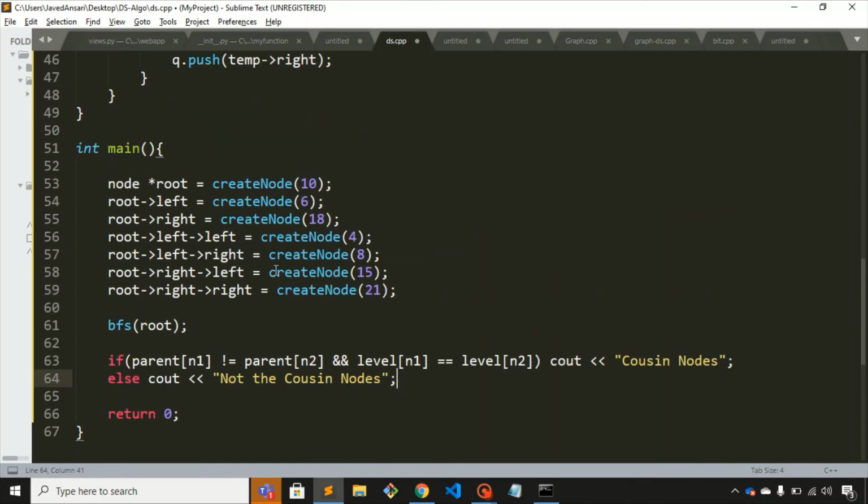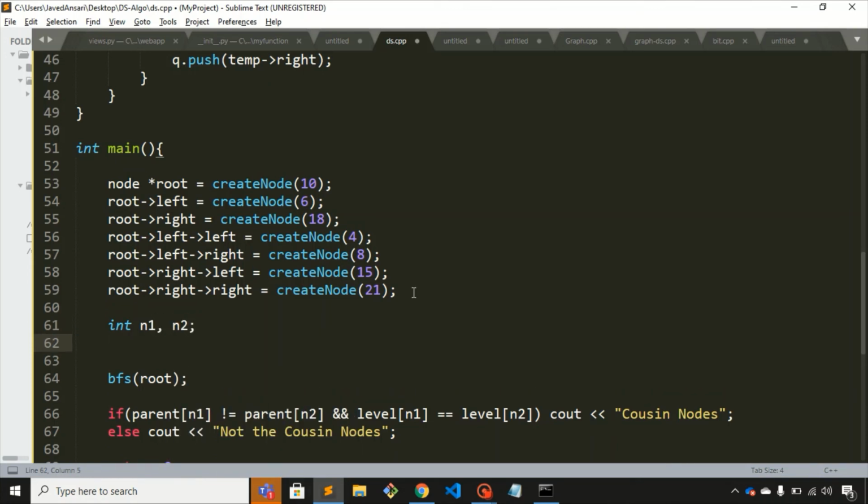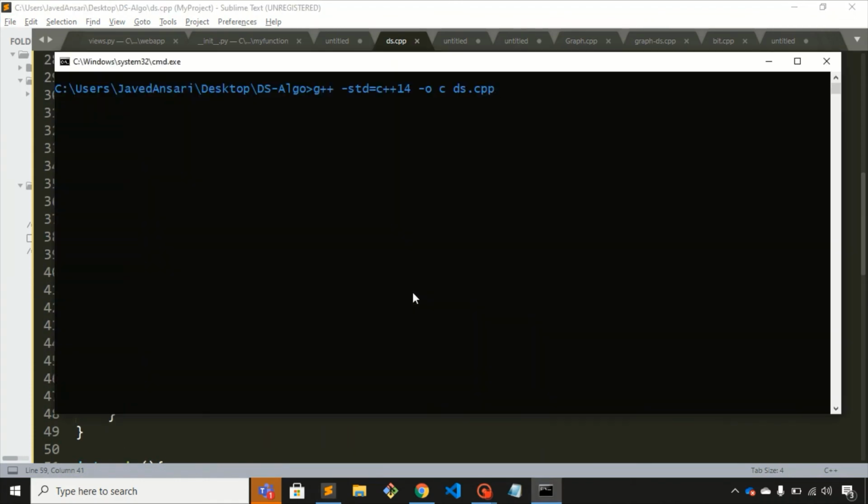Now let me define these n1 and n2. Let's take n1 and n2 as input variables. Now let me compile this first. It is compiled successfully. Now if I run this,